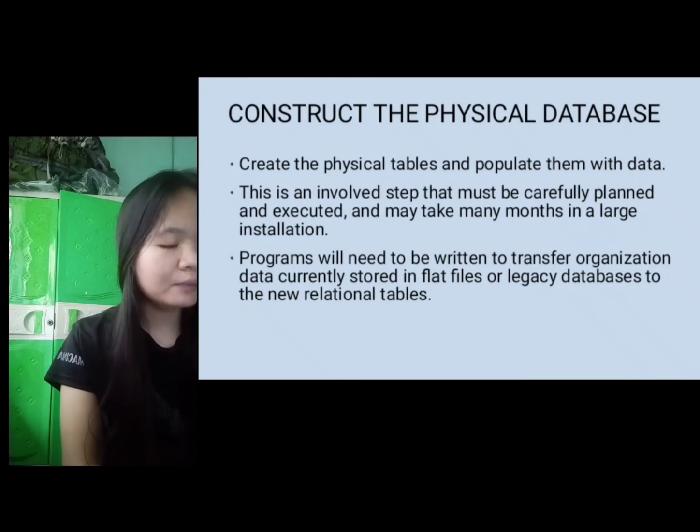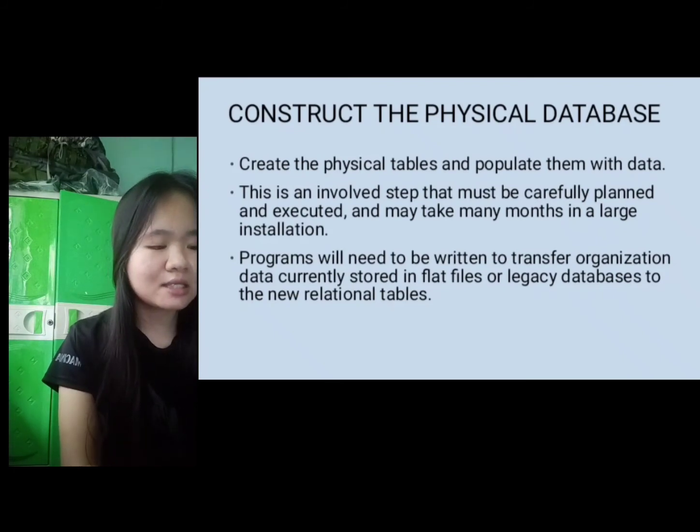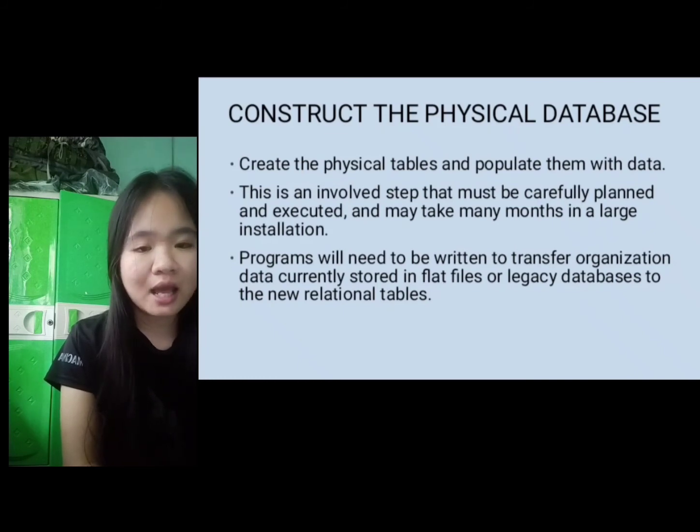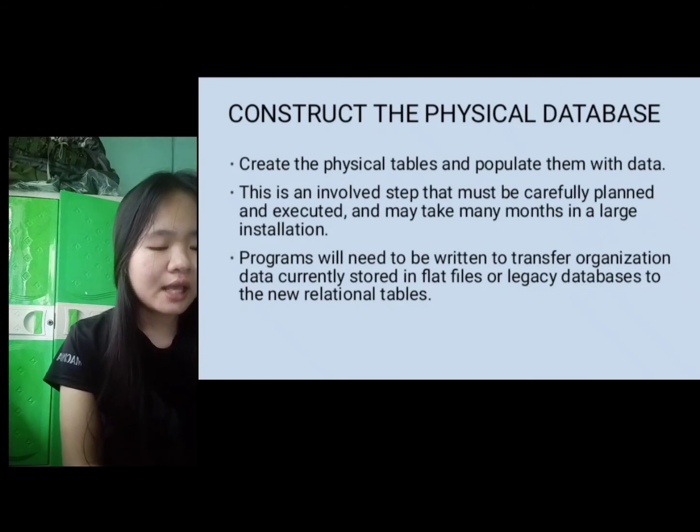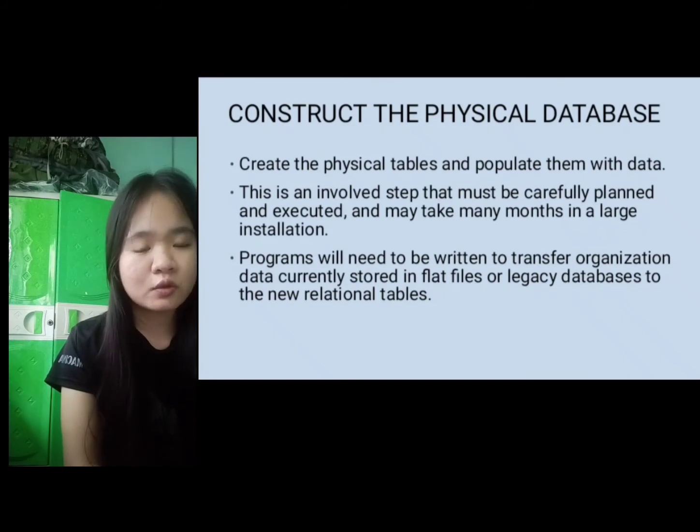Na kung saan ang constructed physical data is that it is designed to process the transforming of the data model into the physical data structure and to avoid unnecessary data redundancy. Then, sa pag-construct ng physical database is that kinakailangan dito ang pag-iingat, lalo na sa pag-execute ng data para mas magamit at mas ma-access ang iba't ibang info between each data source and of course sa business or sa